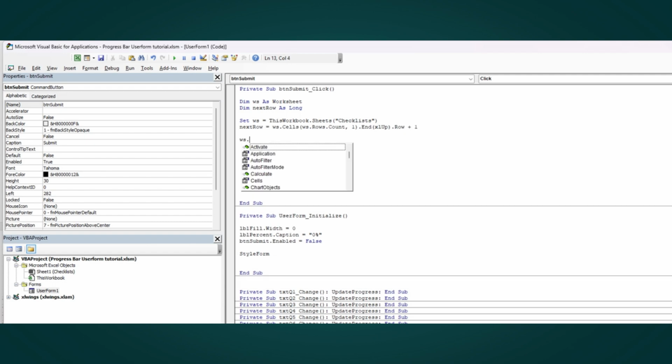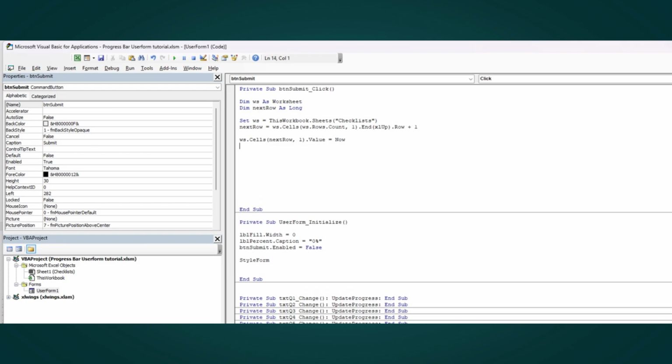Then we're going to do ws.cells, next row, number 1, dot value, now, which is a timestamp, ws.cells, next row, number 2, dot value equal txt q dot text,